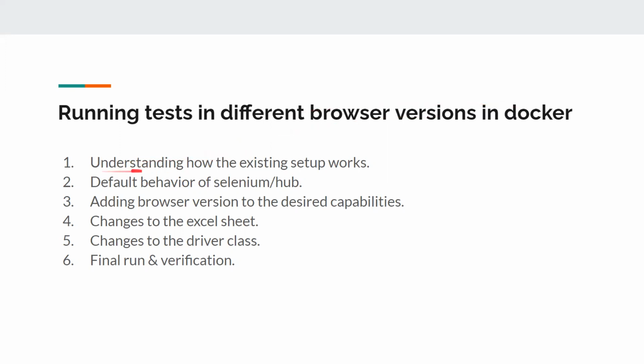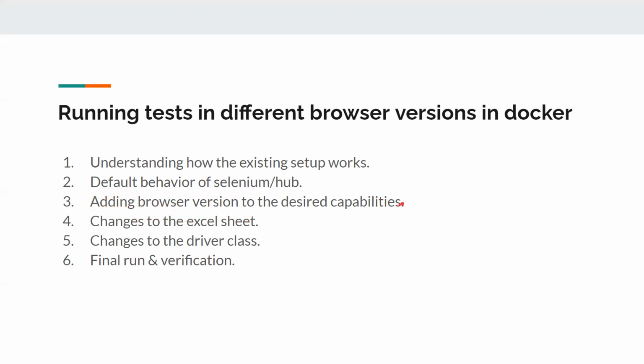So basically we're going to see how we can do this whole setup, and how the default behavior of Selenium Hub works. When we have done all the Selenium Grid setup in the previous classes, we will see how the default Selenium Hub delegates the test to its nodes. Okay, we will see how the default behavior is designed, and then we'll understand how we can change that to accommodate the needs.